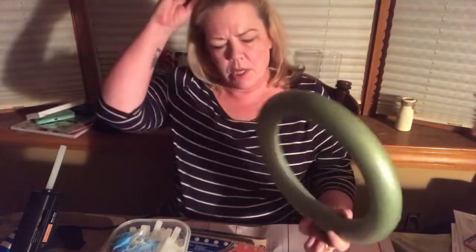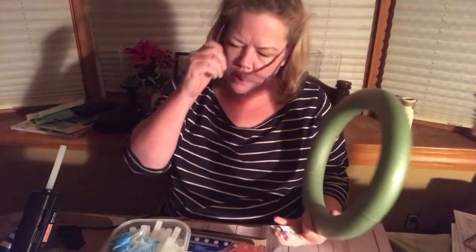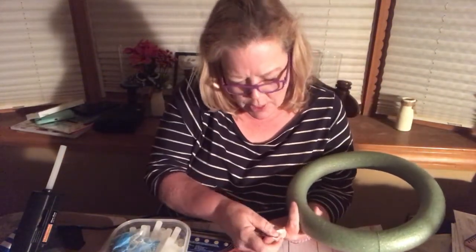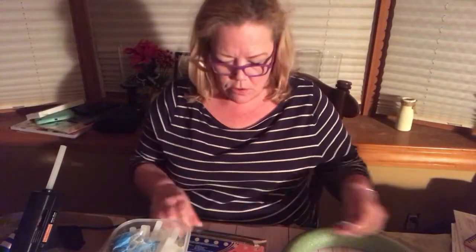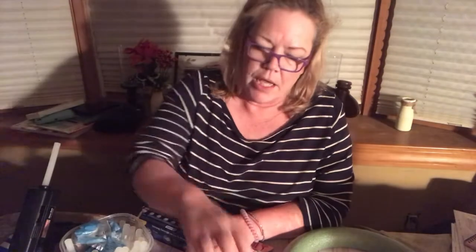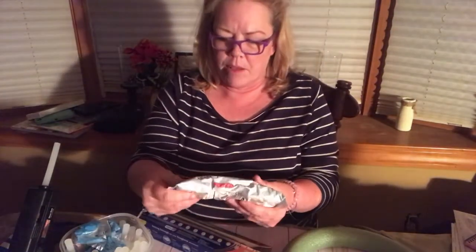And this one is, I usually say, get one on the smaller side. This is 12 inches. And you need some aluminum foil. You need your glue gun, some glue sticks, and some